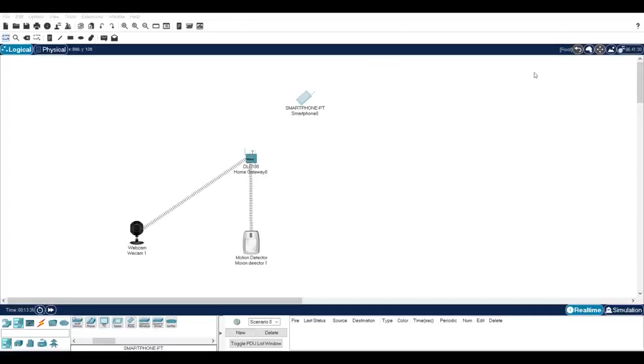Now as you see here, the wireless communication is made with home gateway and smartphone.